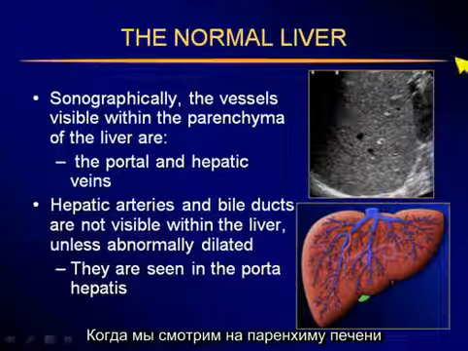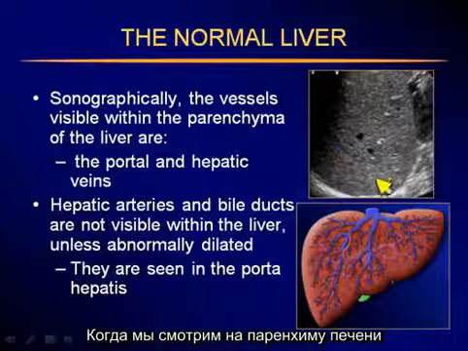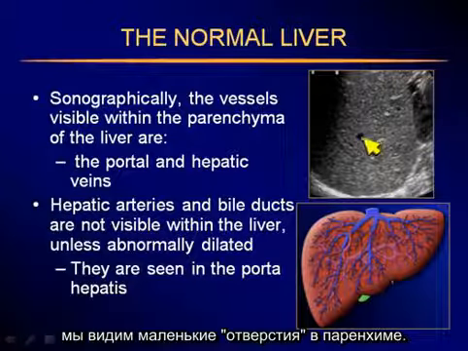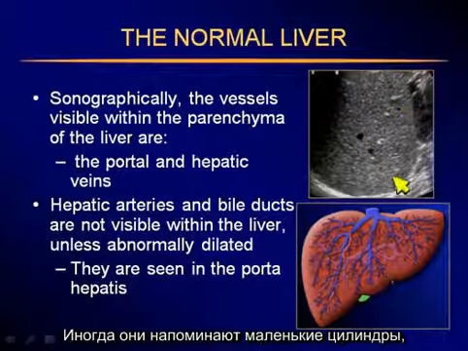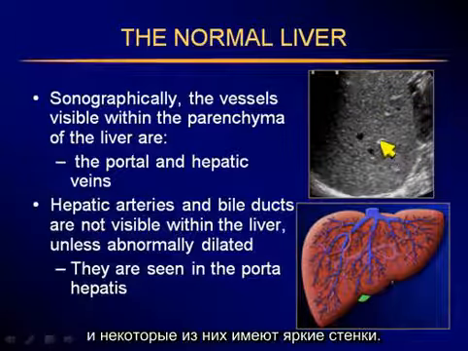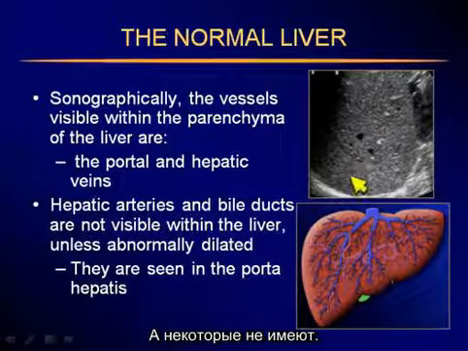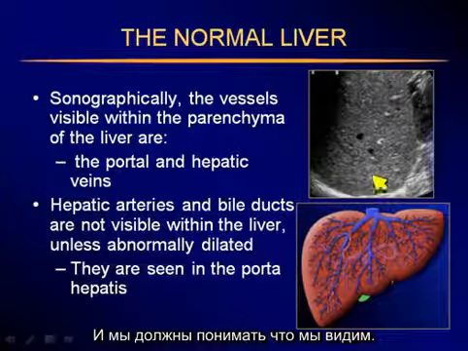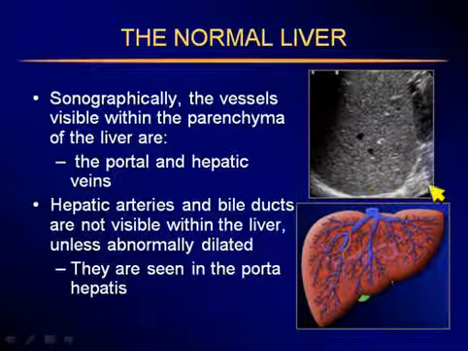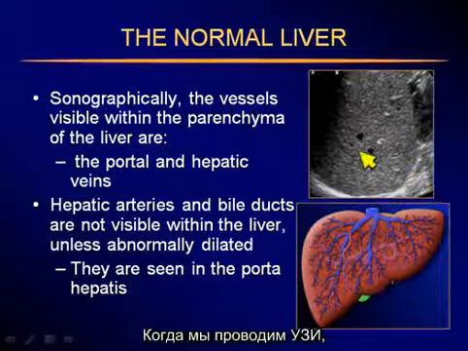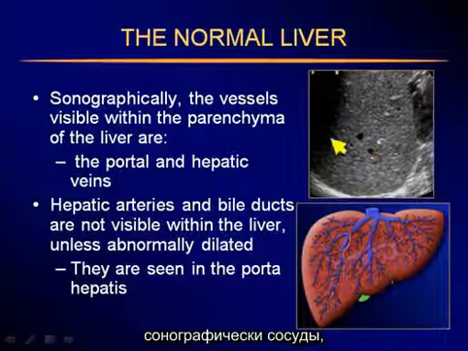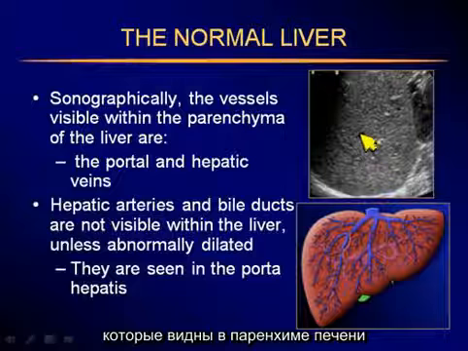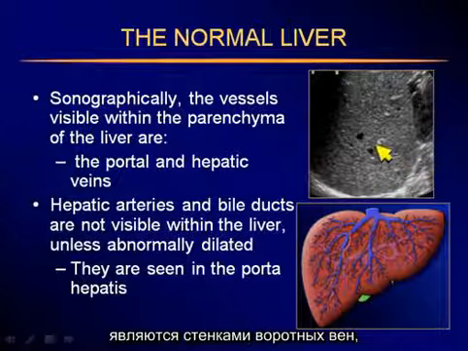When we look at the liver parenchyma itself, we realize that there are little holes throughout the liver. Sometimes we see little cylindrical shapes, and some of them have bright walls, and some of them do not. So then we have to figure out what we're looking at. When we do ultrasound sonographically, the vessels that are visible within the parenchyma of the liver are the portal vein